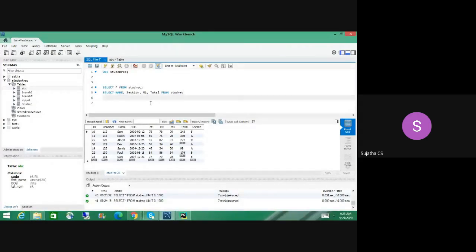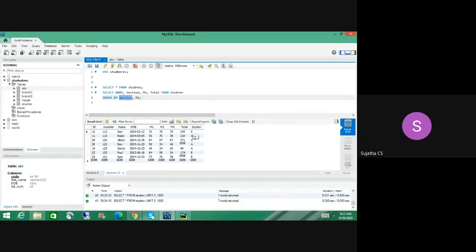What I am going to do is sort with order by. This is a keyword. First I am sorting with section, comma, M1. Will it be descending order? No, it will sort in ascending order. See how it will work. First, it will take the section, so it will sort by this one.